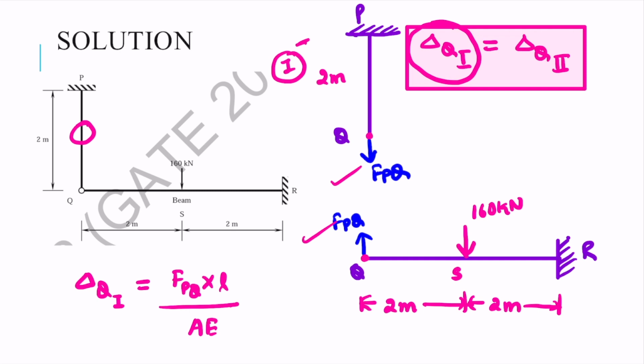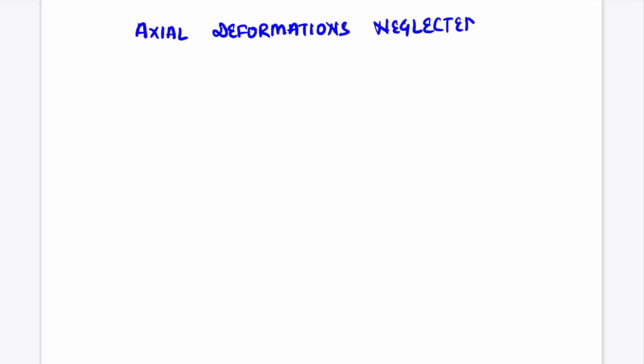Here we are not given the value of this A and E, which is required to calculate this delta Q1. So if this value of A would have been given, then we could use that value here. But since it is not given, so we have to neglect the axial deformations here. And the other reason for neglecting is that the axial deformations are very small as compared to the flexural deformations. So here we have to keep in mind that since axial deformations are small, therefore we are neglecting the axial deformation in member